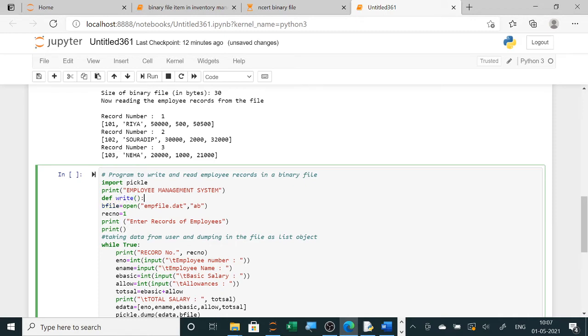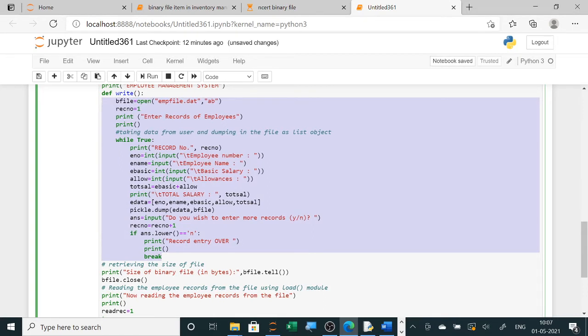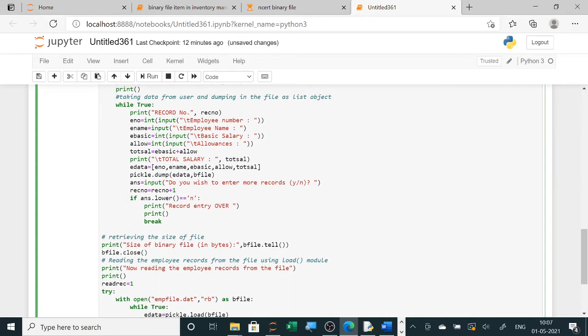So this is to write in a file, and then inside write till here I am indenting it, and this whole thing is writing in a file. Over. Now the next one is retrieve the size. So here again I am using a function for size, and then if you want the size, then I will call this also. Okay, now you can see one more thing.